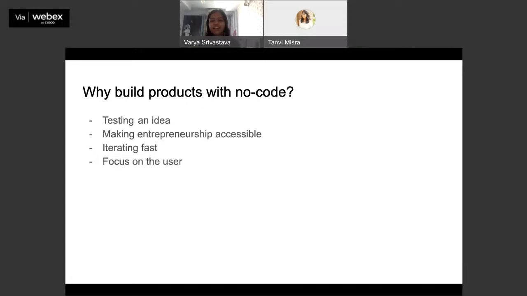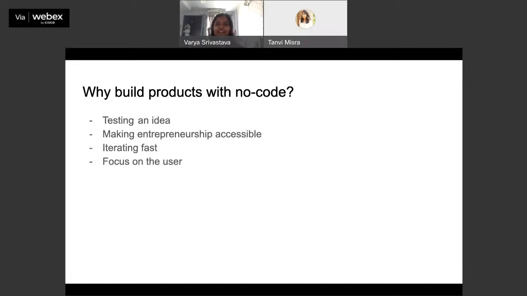And then the final, and I think that's personally the most valuable to me, is focusing on the user. If you're not worried about how you're going to develop your product, what will go into it, what you need, you can actually focus on the problem and the user. You can spend hours, instead of coding and developing things, actually speaking to your potential customer and your user base to understand what it is that they're really looking forward to, what they want to get out of the product and the entire experience.